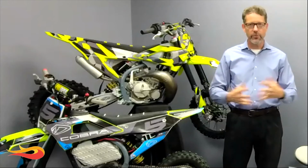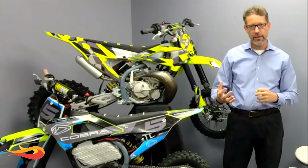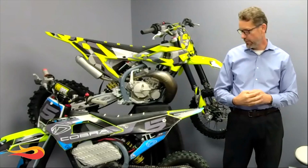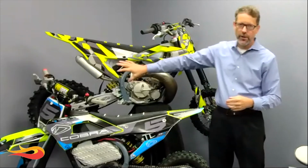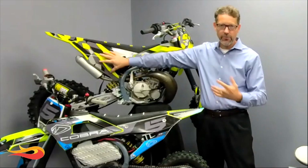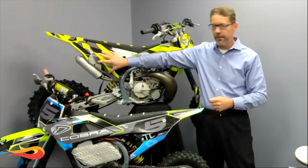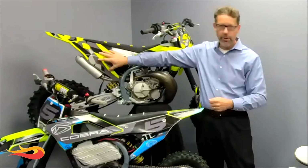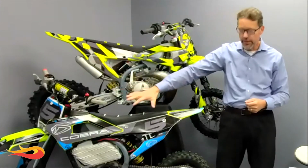And those are the kind of things that we can do to really push the development to a much faster speed than we could otherwise. Again, super traditional, right? All of these parts are designed for higher volume production techniques like injection molding, but we're using additive to speed up the clock speed. A little bit different on our new